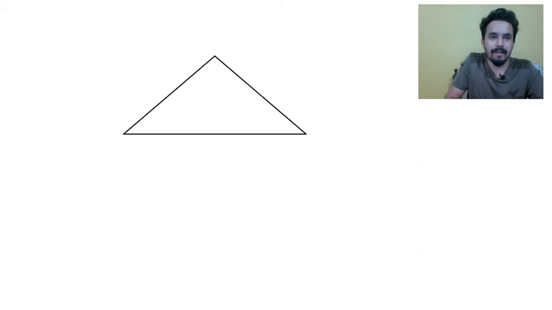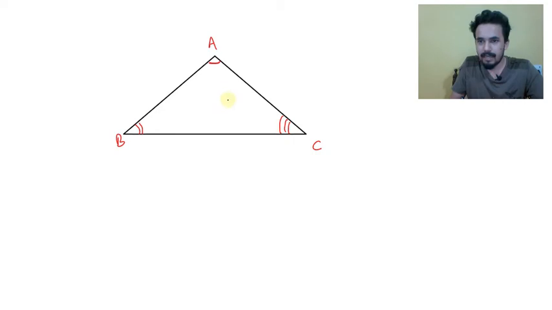Okay, so suppose I take this triangle, let's name it. Let's say this is A, this is B, this is C. So this angle is A, this angle is B and this angle is C. Now opposite of that angle, this complete side is small a. In front of B, this complete side is small b. In front of C, this complete side is small c. Okay. So what is cosine rule?